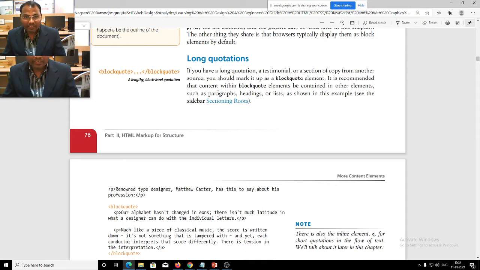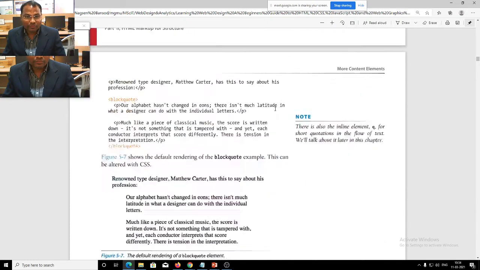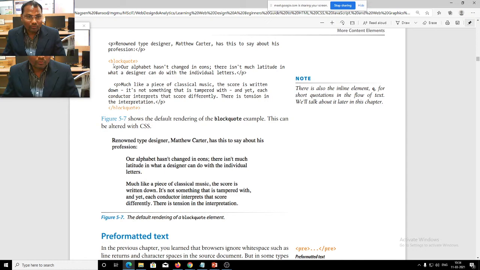It is recommended that the content within a blockquote element be contained in other elements such as paragraph, heading, or list, as shown in the example. You see here how we can use this blockquote.